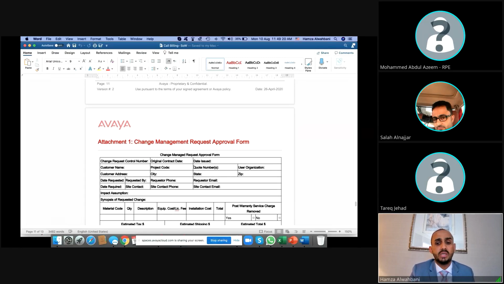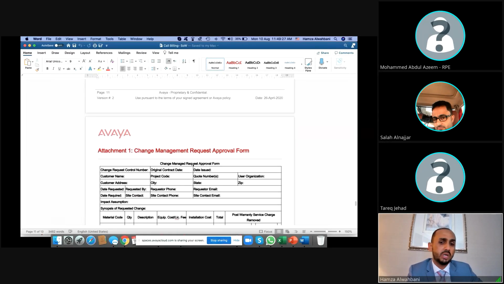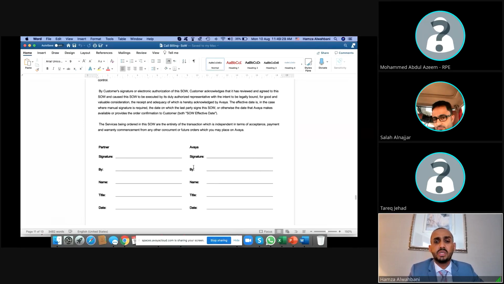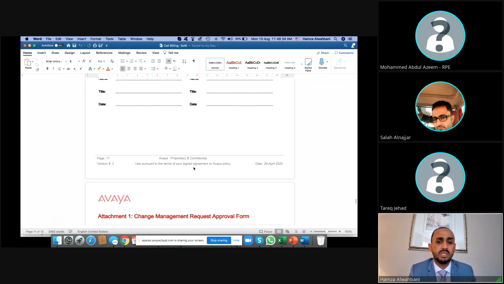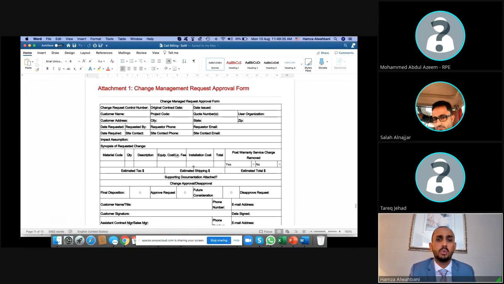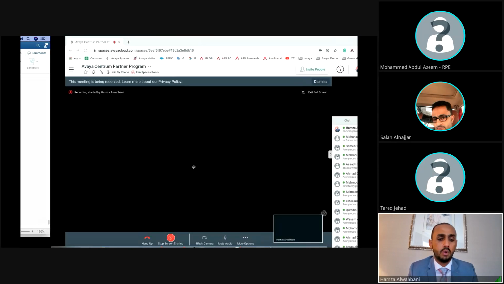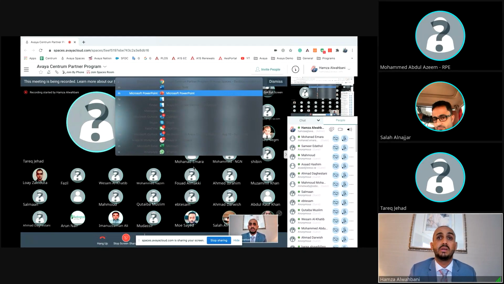So we will see if we can add it for you free of charge, or we will charge you an extra cost and come back to Avaya. And this is the acceptance letter, which should be signed by all the parties. So this scope of work will keep you safe and avoid any kind of conflict between you as a partner, the customer, and Avaya.